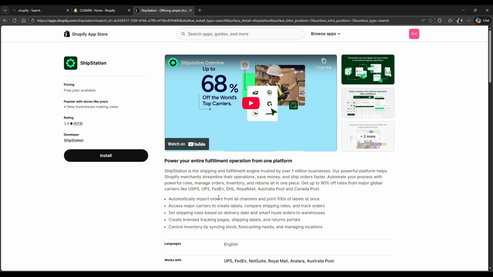Then configure shipping settings. Set carrier package, including package sizes and even default shipping rules. Then test your shipment. Create a test label to confirm everything is working. And that's basically the main idea. You can also make sure the Shopify store time zone matches the ShipStation if necessary, enable automatic order imports